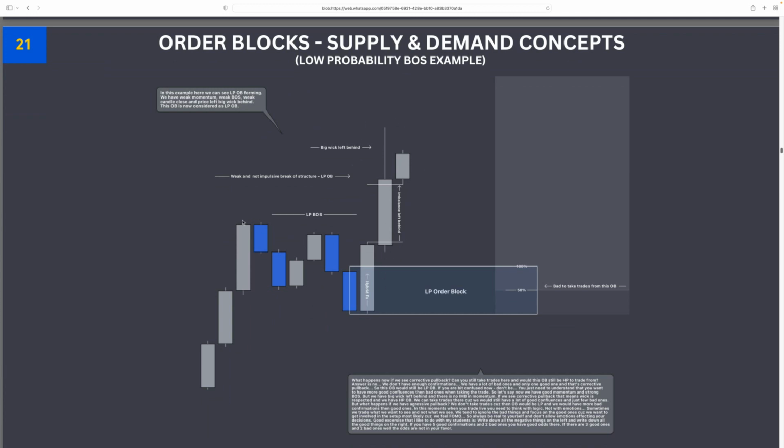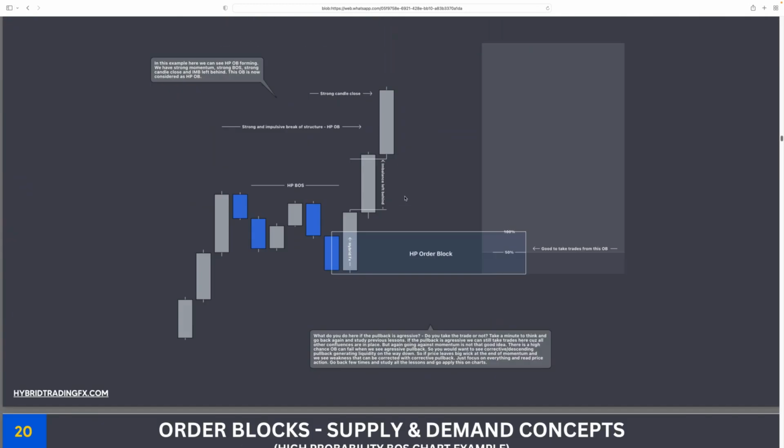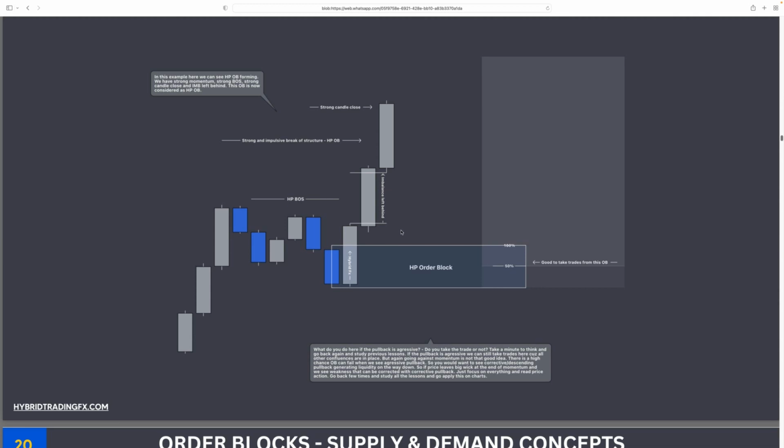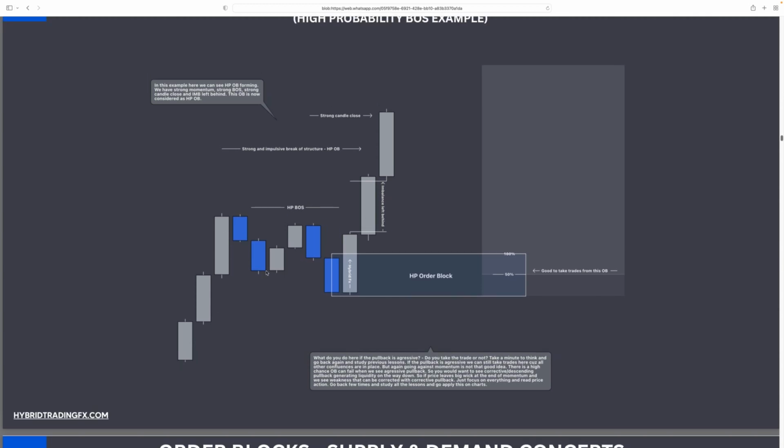Price has broken this with a wick. Basically it broke with the candle body, but left a big wick behind. And this is why this is considered really low probability. So let's say in this example, we had an aggressive pullback. It would not be high probability, but still, if you had all of those confluences combined, you have a high probability BOS, you have strong momentum, you have imbalance, you have a strong close,